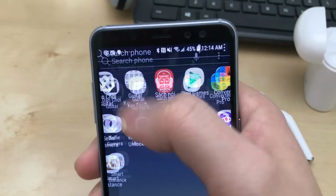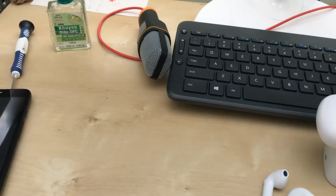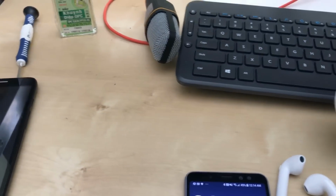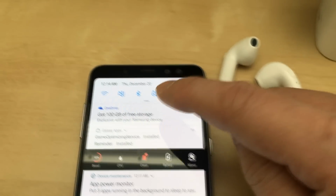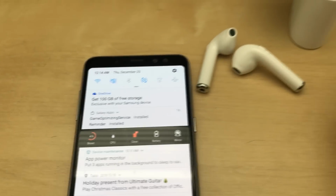So this is an Android phone, so you just go to your main screen and just slide down. So this is the Bluetooth here. Make sure you turn it off first, and then